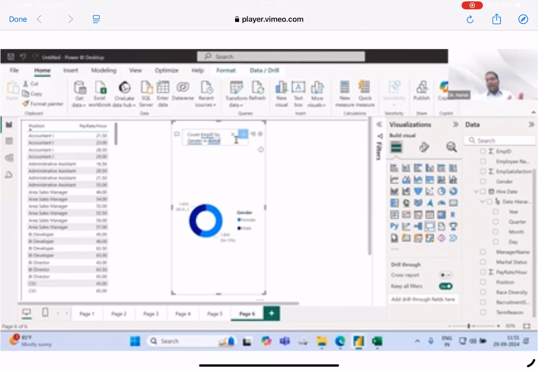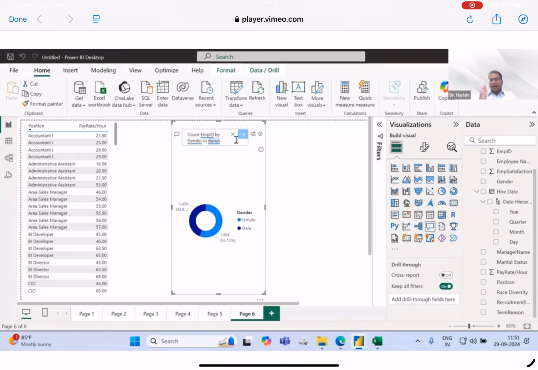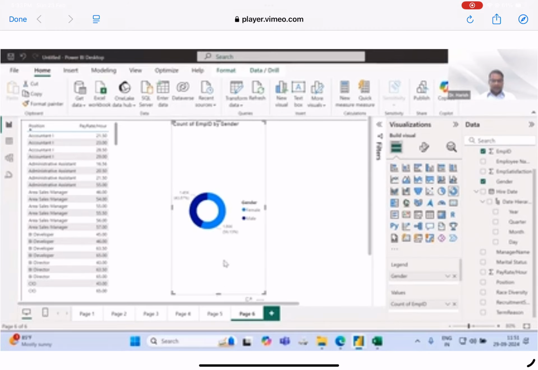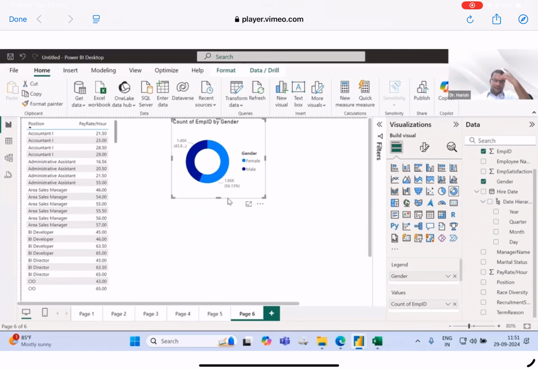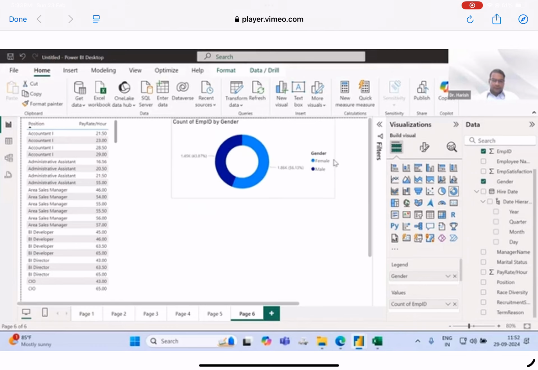So the first query I have run as a table. The second query I have run as a visualization, as a chart. Simple. If I click on this standard visualization, my job is done. Now a little bit of rearrangement. Out of 3,310 employees,